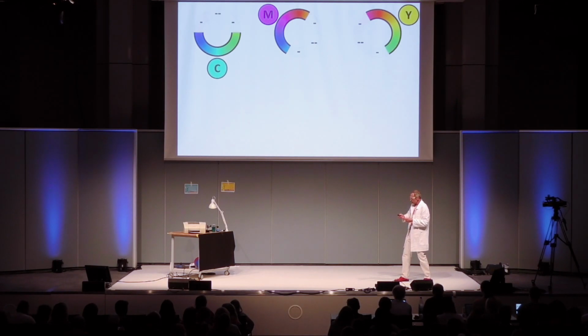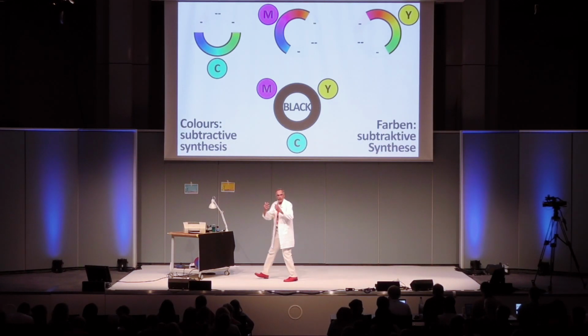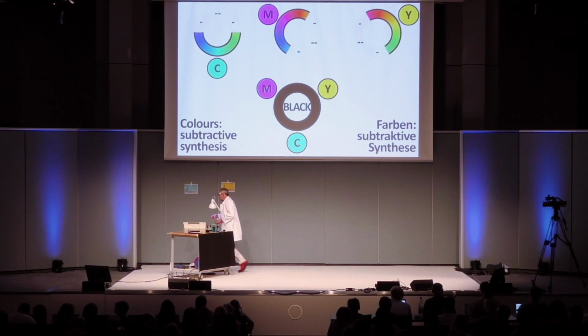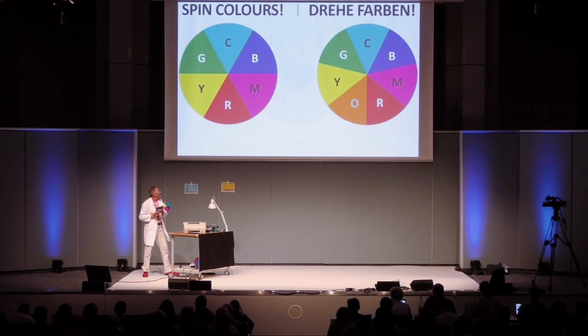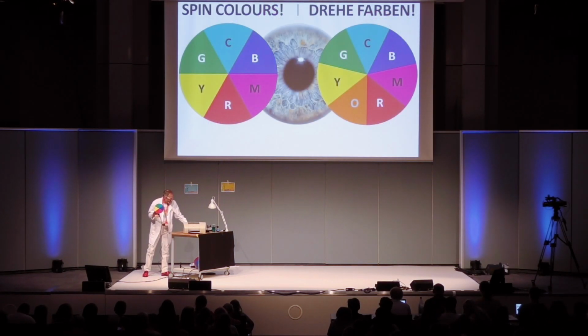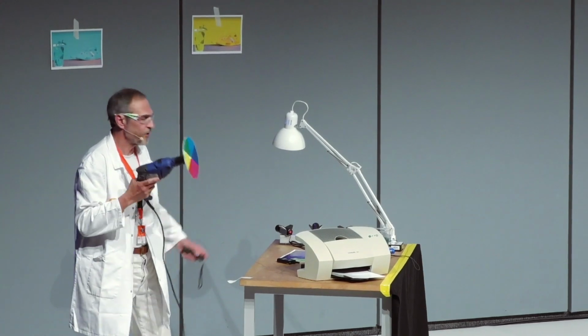All colors together will produce, of course, black, because each of these colors absorbs a certain quantity of light. We will try to understand how our eye perceives the different colors which are present on a disc. It can be either the cyan, magenta, red, or Newton disk, which is present here.